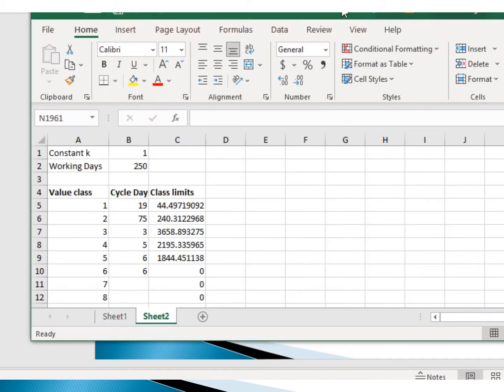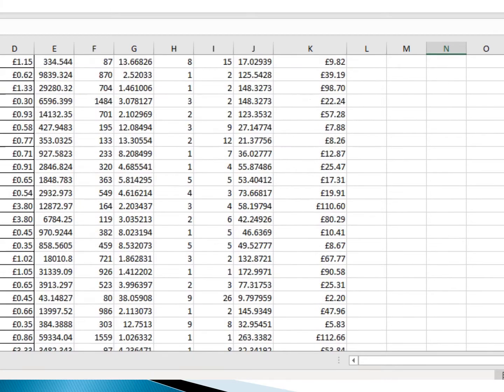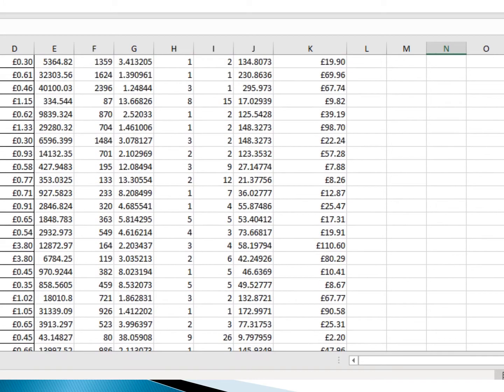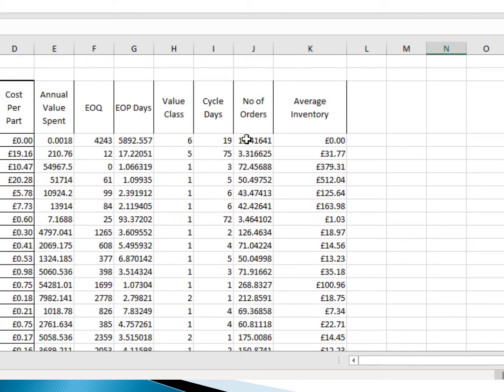Here is the Excel file where we get the value of the number of orders and the average inventory. Now we see how to get the number of orders.